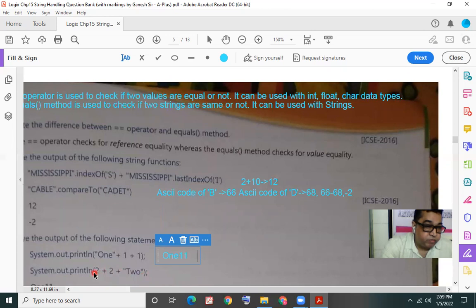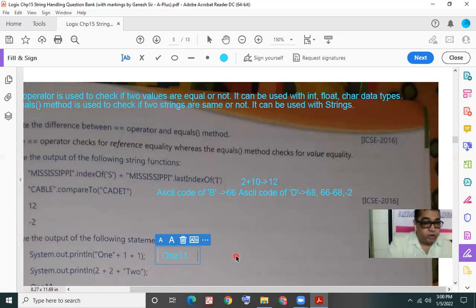So we start from left. First, this arithmetic operator plus would be executed. Integer value 2 will be added with 2. Both of them being integers, Java would choose to add them up. So in this case, 2 and 2 will not be concatenated. They'll be added up to give me the value 4.